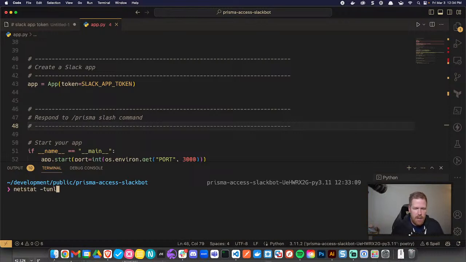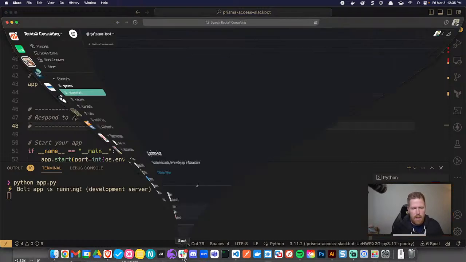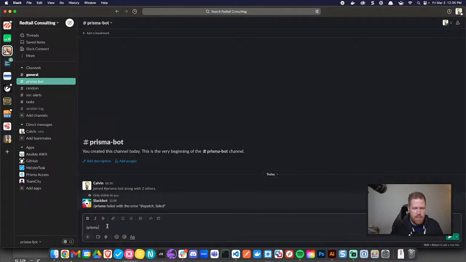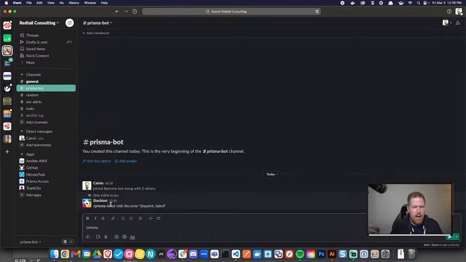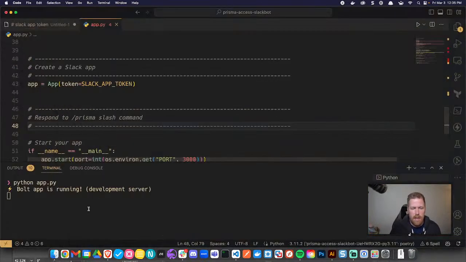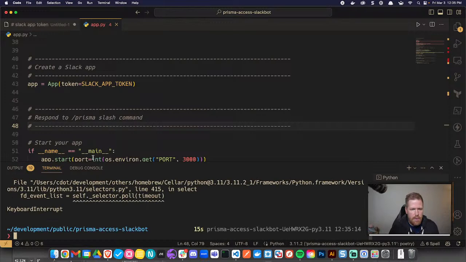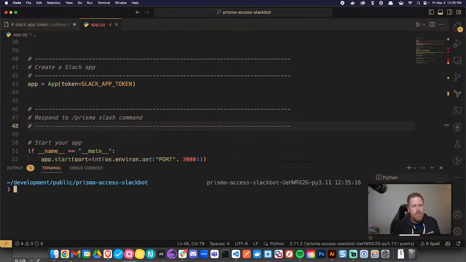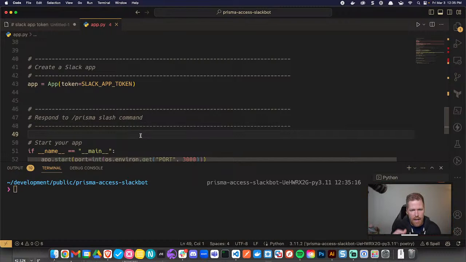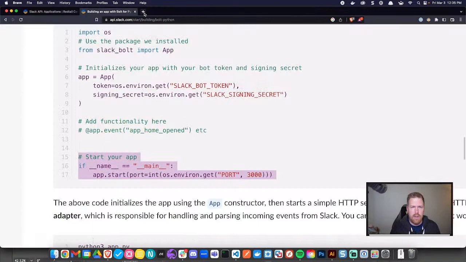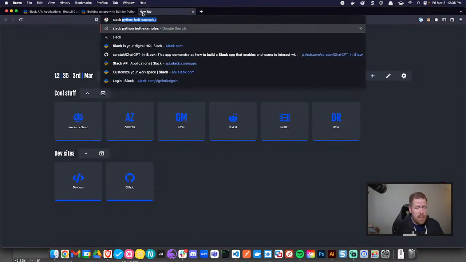Actually, let's run that again in the foreground. Let's run that script, python app.py, and let me run this slash Prisma again. We still get an error message saying it failed to dispatch, so nothing actually took place, even when we're running the script. So we have to find some way of handling that type of specific call. And this is going to turn us into the conversation of building the Slack modals and understanding what they actually look like. So let's go Slack